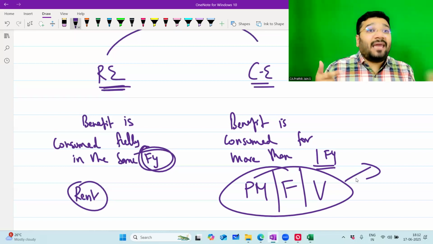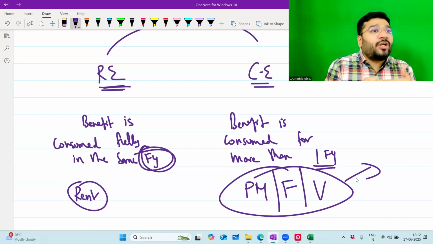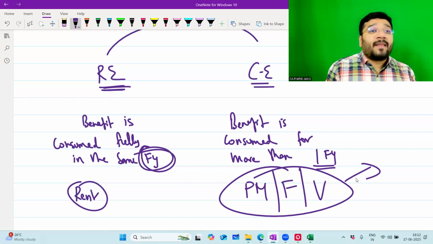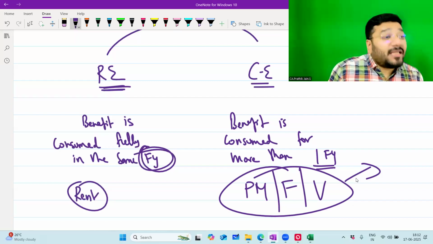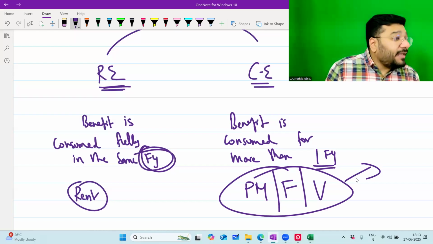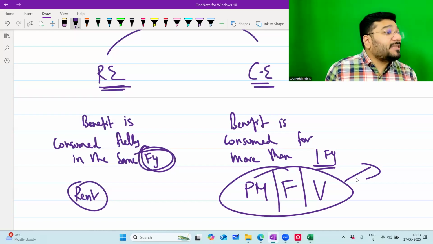So ICAI came in between to give a resolution to both the parties: this is how we have to do it. So ICAI had come out with a concept called the matching principle. They came out with the concept of capital expenditure and revenue expenditure, and they tried to give awareness to everybody that from now onwards, if anybody is buying